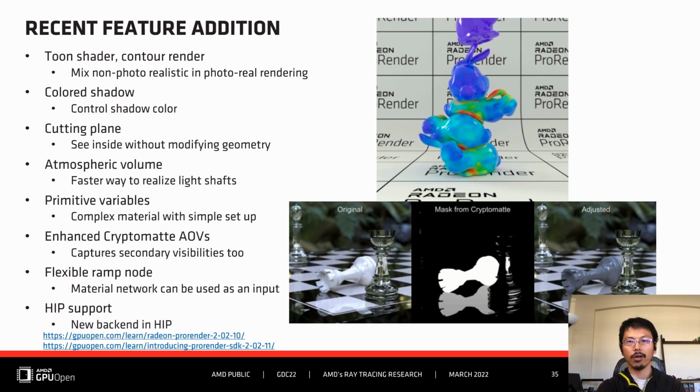And lastly, we did a big change in the engine recently. We have been using OpenCL as the compute language since we started the project. However, we have now implemented all the code in HIP. We are very excited to announce that we added this HIP support in RPR. This is not finalized yet, but it is very close to final. The day when we can completely switch to the HIP backend is very soon.